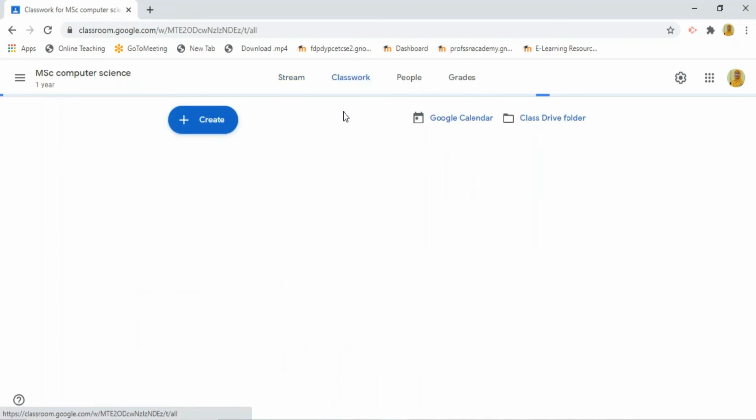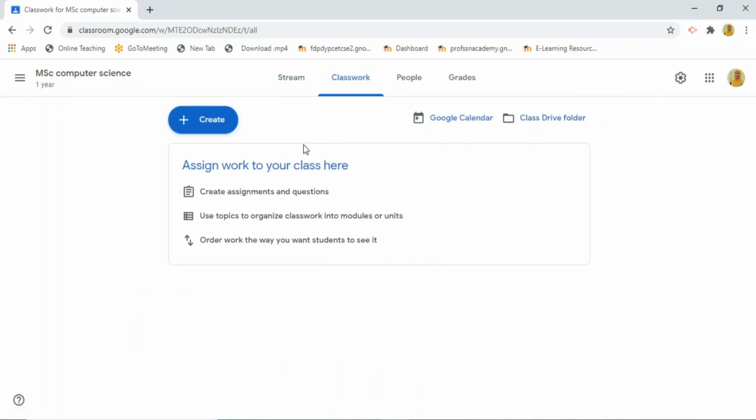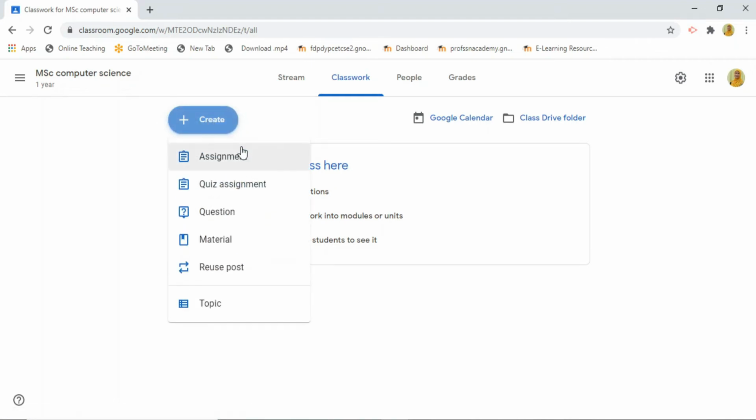In classwork, you can add content to your classroom. For example, there is a plus symbol. When you click it, it will show you assignment, quiz assignment, question, material, reuse post, and topic. I will tell you how to use the content one by one.